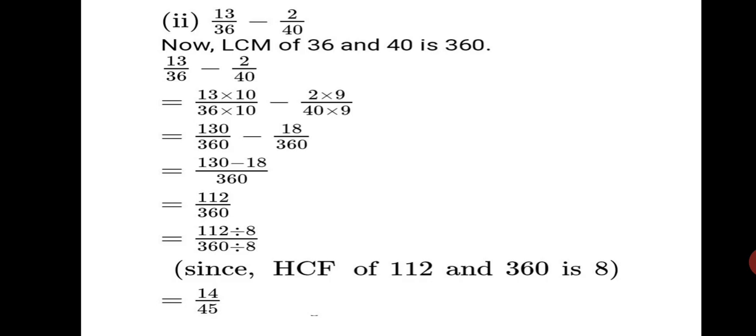To directly reduce by a single number, you can find the HCF, and you know that the HCF is the highest common factor that can reduce it, which is 8. Or if you don't want to find the HCF, start reducing with the easiest number that comes to your mind, which is a divisor of both the numbers, 2. 2 can divide 112 and 360, right? So divide by 2, then further divide again till you find the lowest form of this fraction, which is 14 upon 45. So any method which is convenient to you can be followed. Okay, but you have to reduce the final answer to the lowest form, wherever possible.